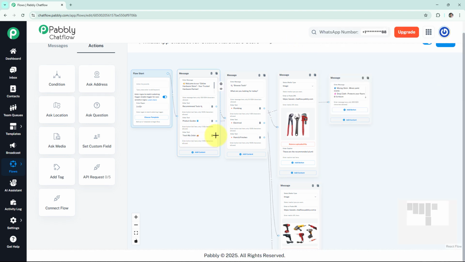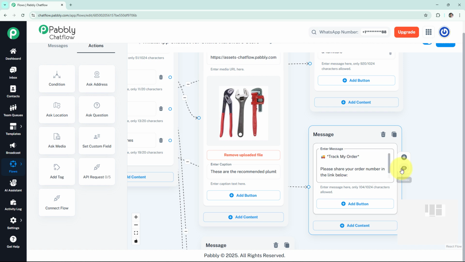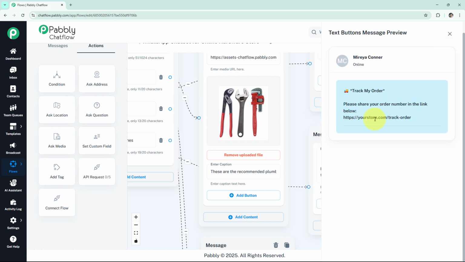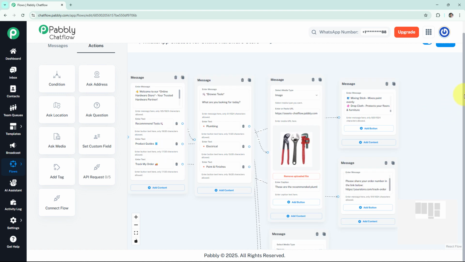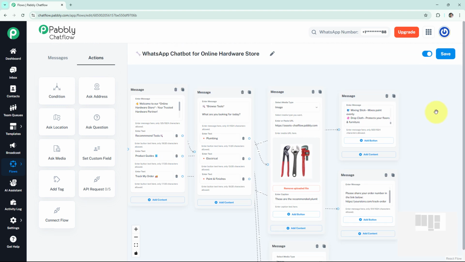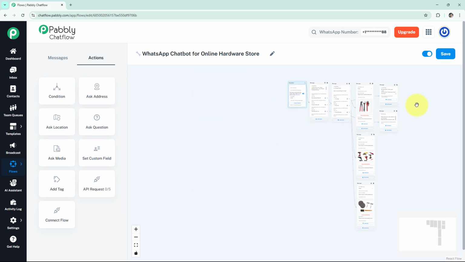Lastly, I'm going to curate a response for track my order, and for this I'm going to add a text button again, and here I'm going to add this. Our text will appear like this to the user. Here we have provided a tracking link, and this is how we have created our WhatsApp chatbot for online hardware store. If you want to create the same, you can follow the same procedure as I've shown in this video,